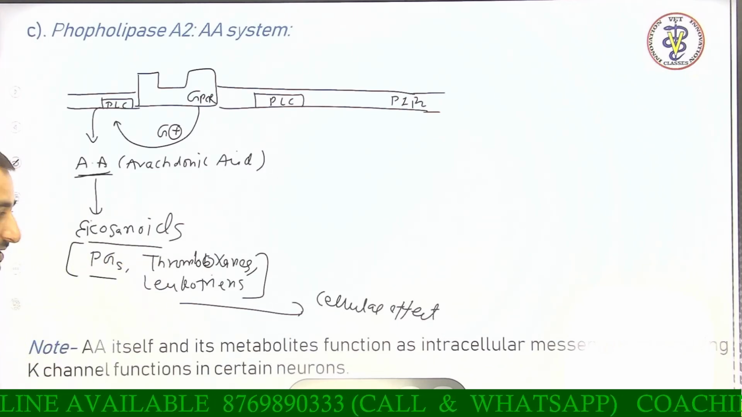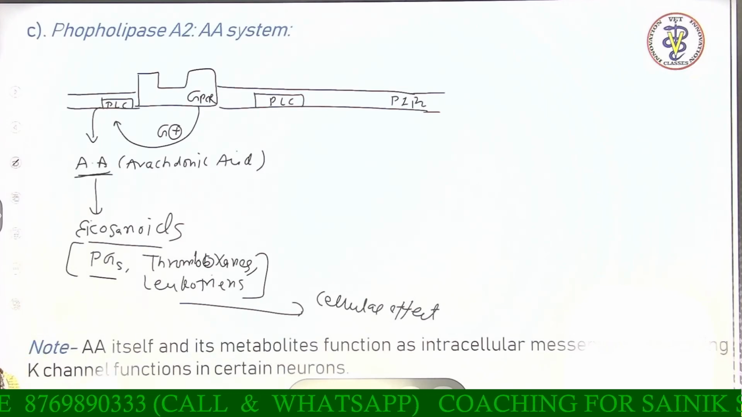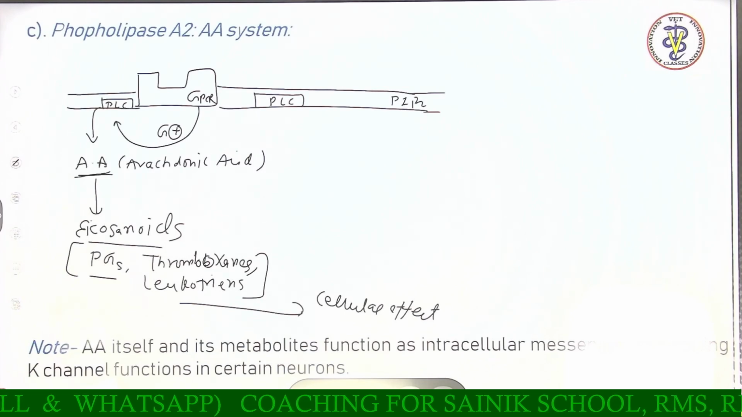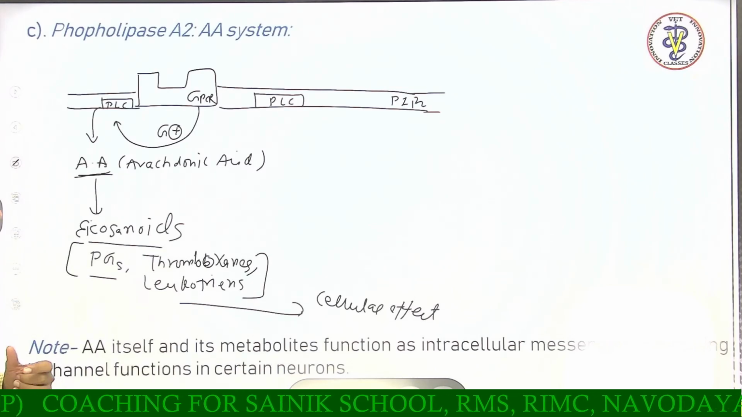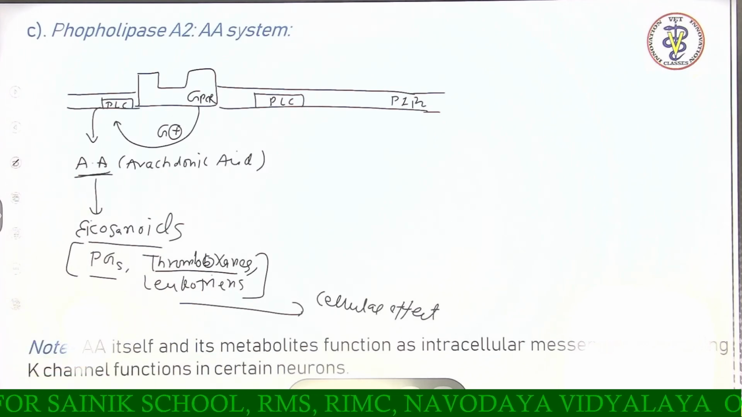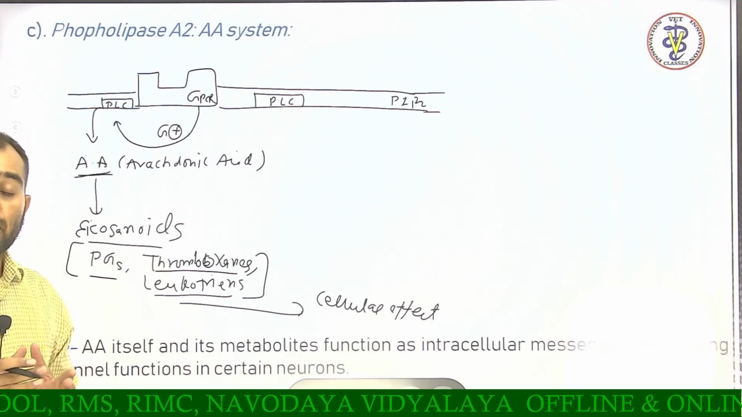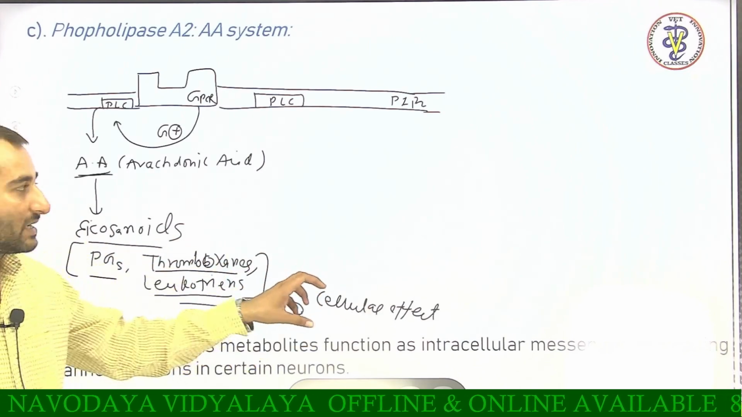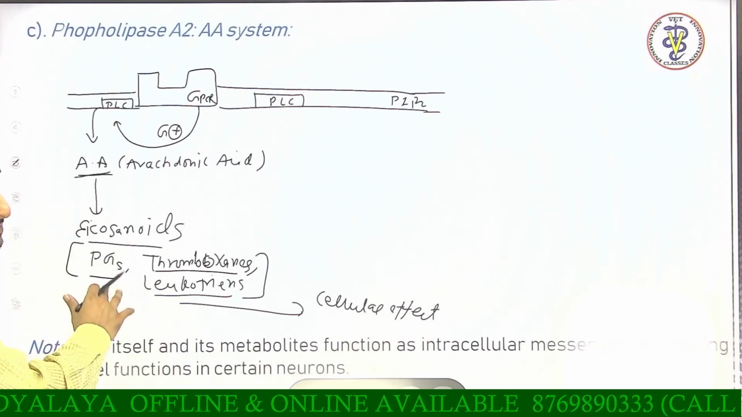We all know prostaglandins and thromboxane and leukotrienes have different types of cellular responses, like prostaglandins are involved in the contraction of the smooth muscles and different types of gynecological conditions, and thromboxane is responsible for platelet activation, and leukotrienes are also responsible for various inflammatory and allergic conditions. So basically these are involved in different types of cellular effects via the AA system,